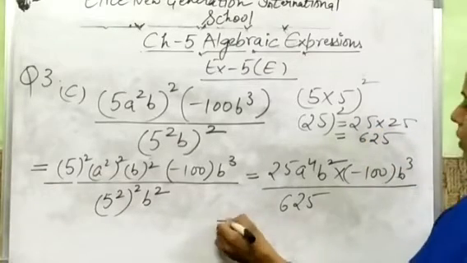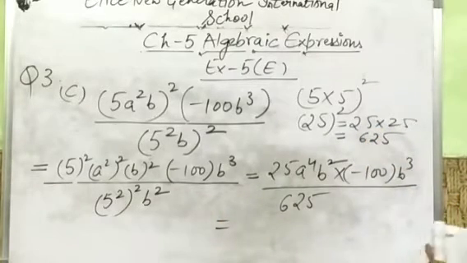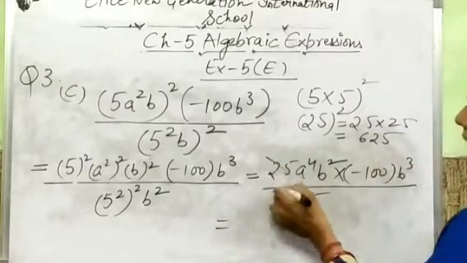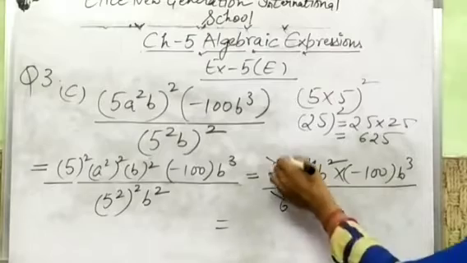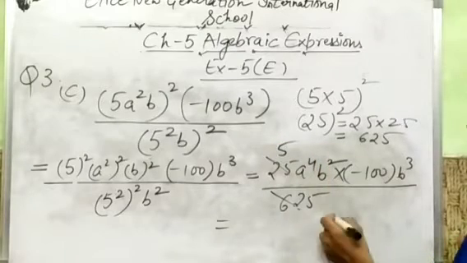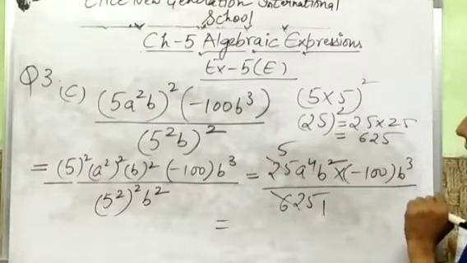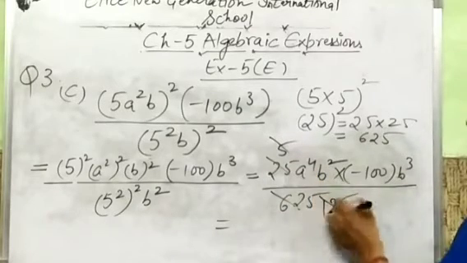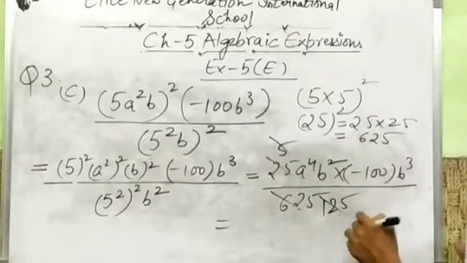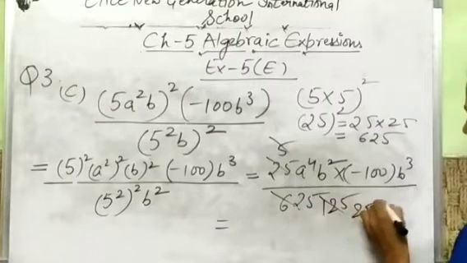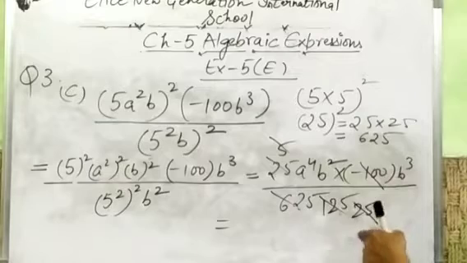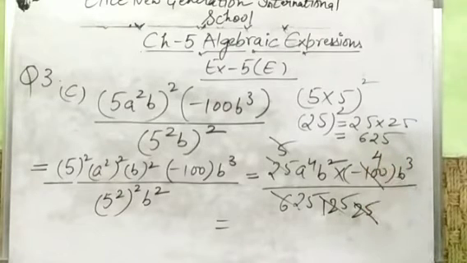Okay, now just cancel out these numerical values. So we can cancel out this 25 and 625. So 5 5s are 25, and from this side 5 is 5, and then 125. Okay, again we can cancel out this. So 25, and from this side 25 4s are 100. Okay.